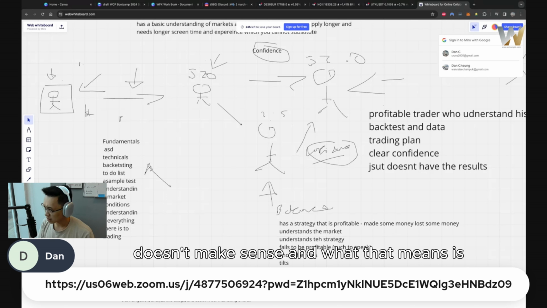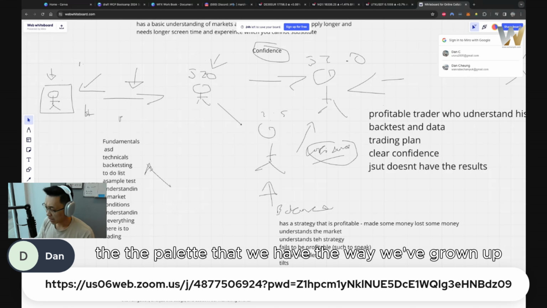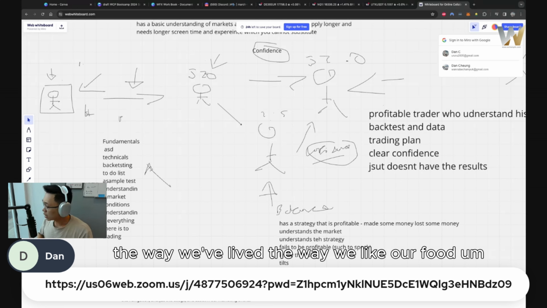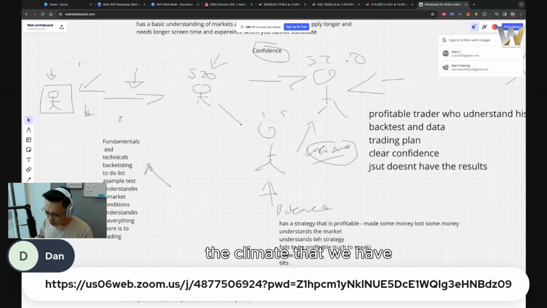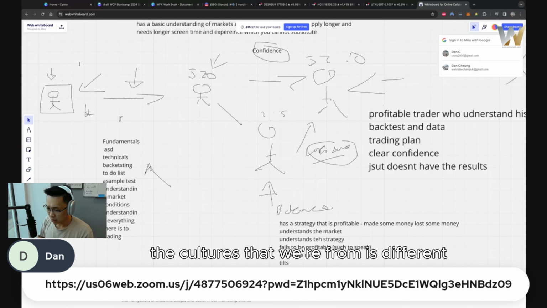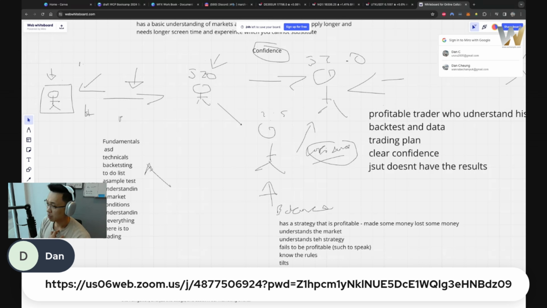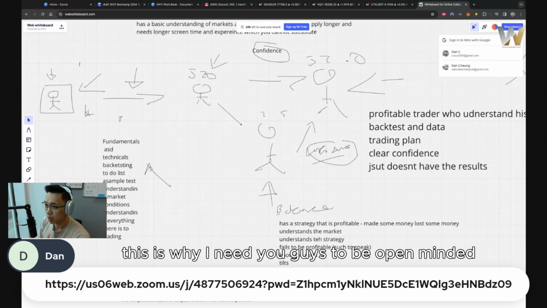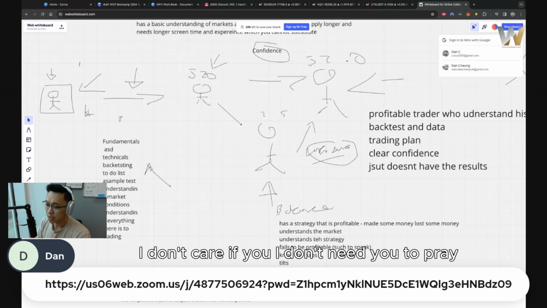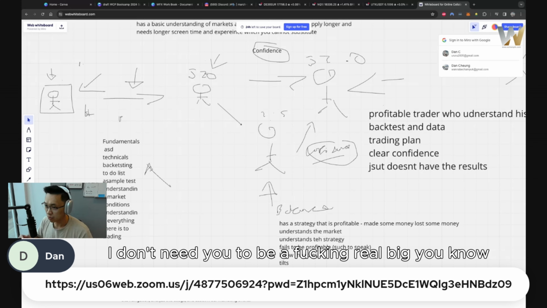And what that means is the palate that we have, the way we've grown up, the way we've lived, the way we like our food, the climate that we have, the cultures that we're from, it's different. So what God means to you is different from me. But what I really want to emphasize, this is where I need you guys to be open-minded and understand. I don't need you to pray. I don't need you to be a real big,